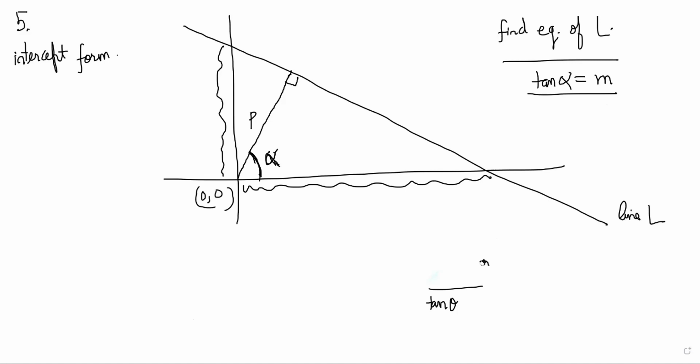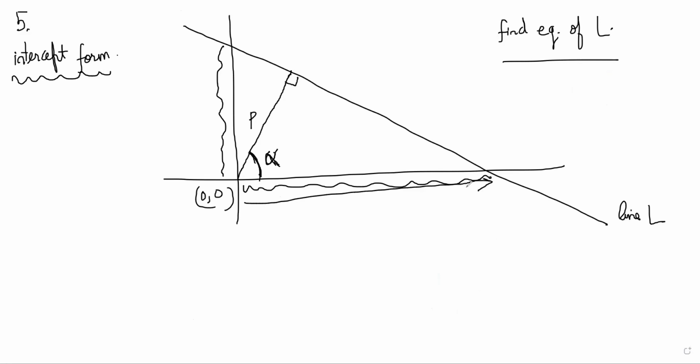I mean, it is relevant, but it will be hard to do if you do that, because you will know this is alpha. You know slope of this line, so you can say slope of this line from there. But I would not recommend it. The easiest way to do it is intercept form, where what you figure out is what is this length. You can say that cos alpha is equal to base by hypotenuse, so it will be p by a, right? So therefore a is equal to p by cos alpha,